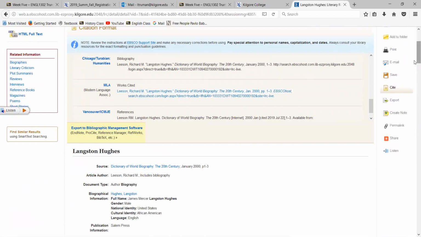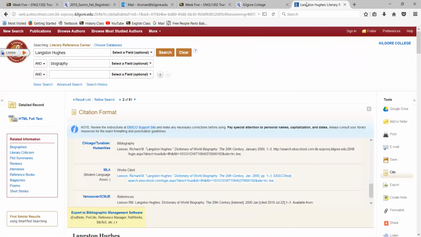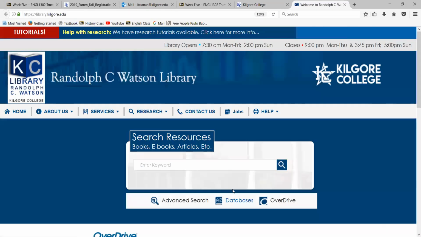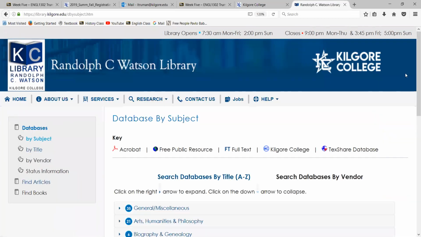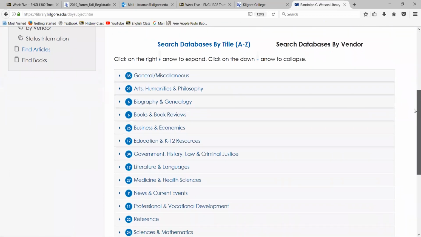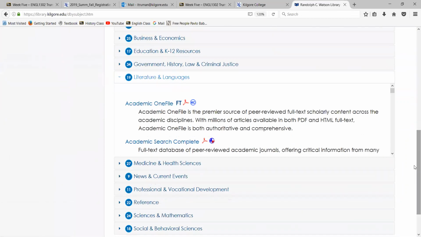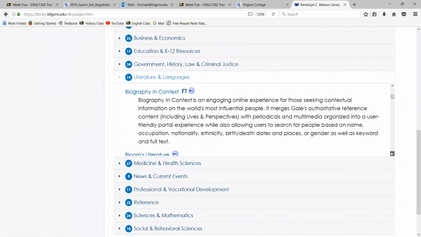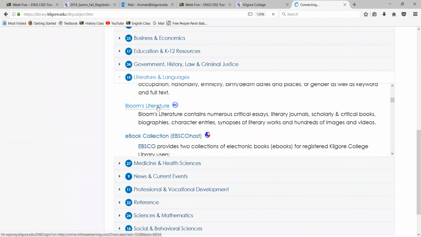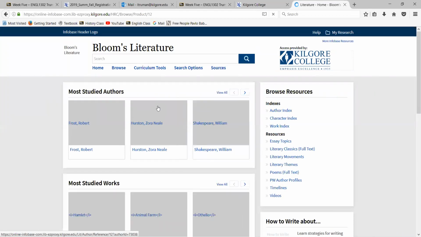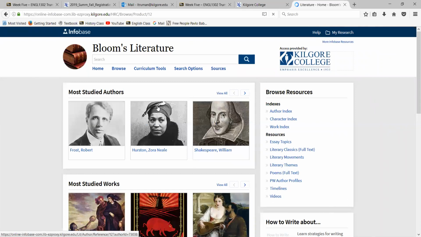So if you're wanting to use Literary Reference Center, that is a wonderful database to use. Let me show you a few other ones because each one of them looks a little bit different within the organization and structure of it. Let me show you one of the new ones in the library, and that is Bloom's Literature. Bloom's Literature is probably one of the best places to go for a biography part